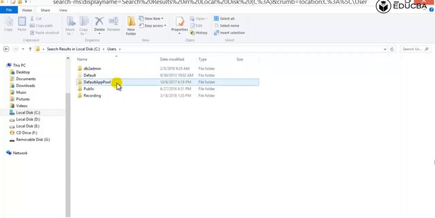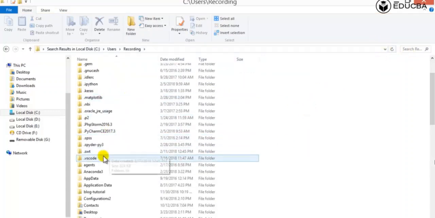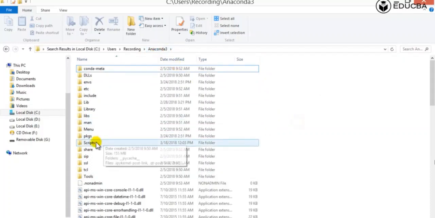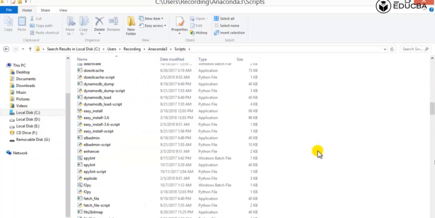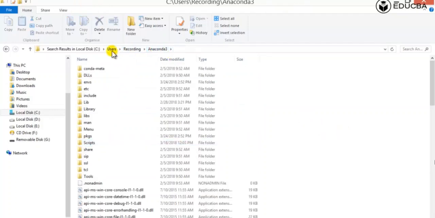users. In these users, we have a recording. In that recording, we have the Anaconda 3 option. In the Anaconda 3 folder, we have scripts. In the scripts option, we will get the options of TensorFlow. We have to check for them. So we have got the option TensorBoard. So this is the thing that has been installed, and we are able to use the TensorFlow option